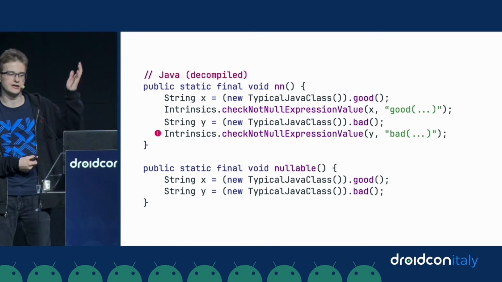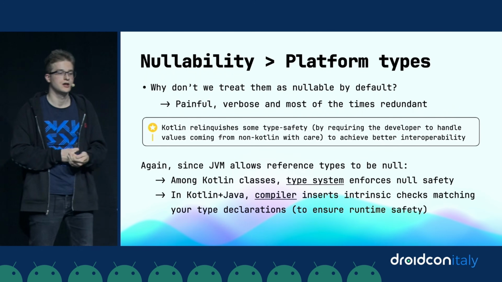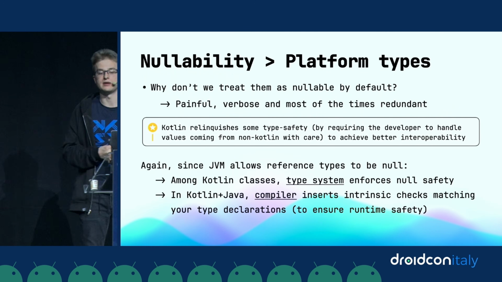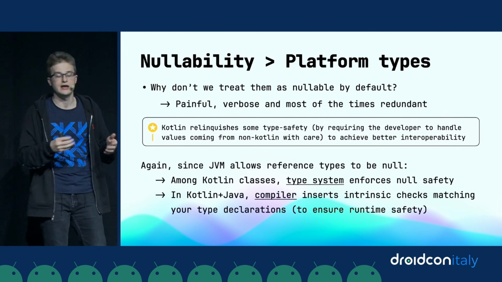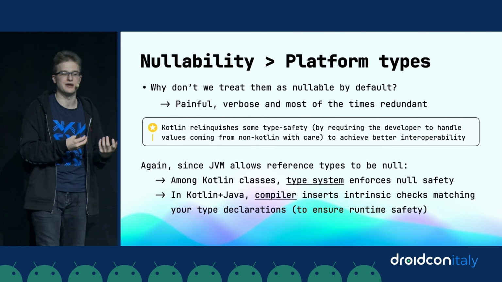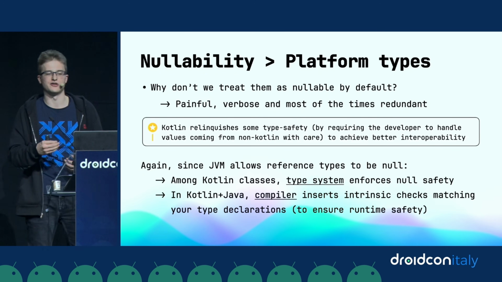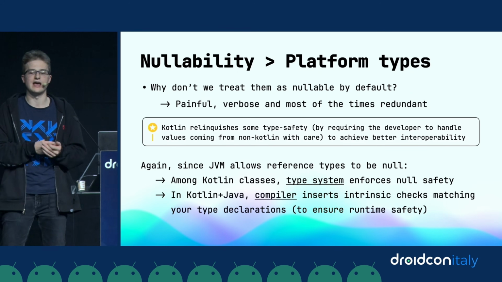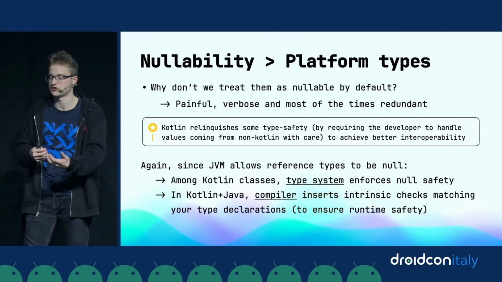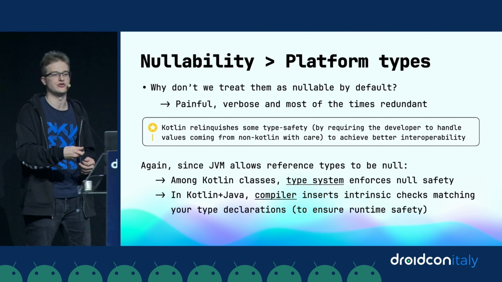And yeah, that's the exception at runtime. Okay, a question could be, why don't we treat platform types as just nullable by default? The idea is that it's kind of painful to do that because you have to write a lot of nullity checks, which are mainly redundant for the Java code. And so Kotlin actually relinquishes a bit of type safety and gives you the authority to say,